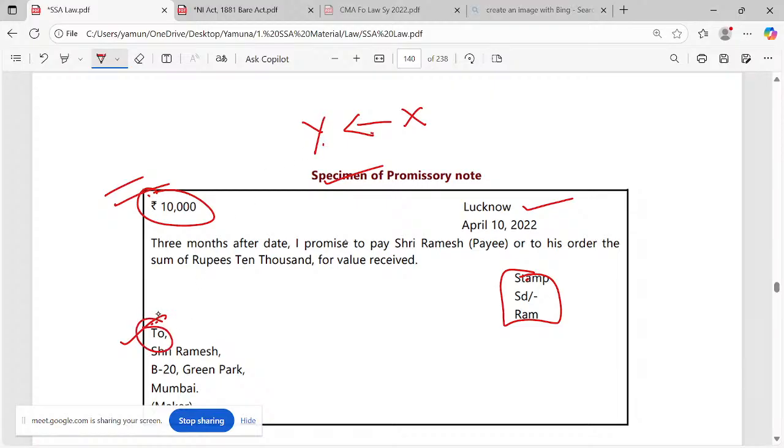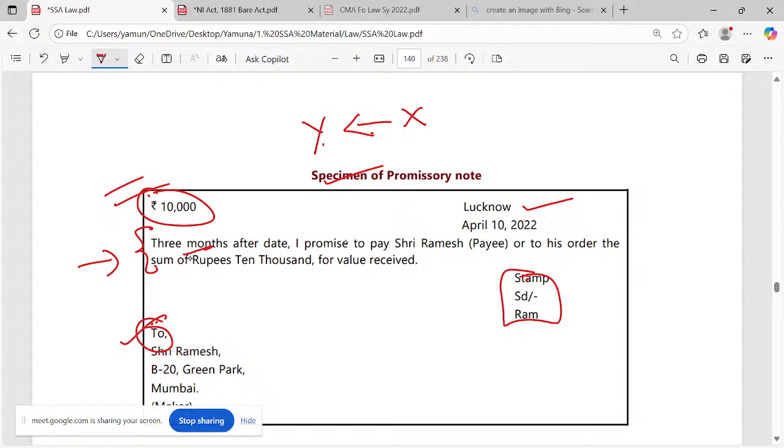Okay. Usually, everything is interpretation only. You give a wording, I take it in a different way. You cannot say it's a promise. See, your experience might be different, my experience might be different, my knowledge may be different, your knowledge may be different. Each and every person will have a different sense of interpretation. So that's why there should be some solid wordings. If there are no solid wordings, they say it's an incomplete or incorrect instrument. Okay.